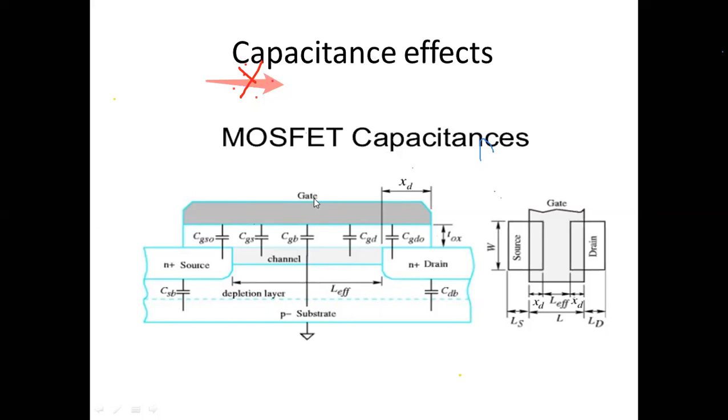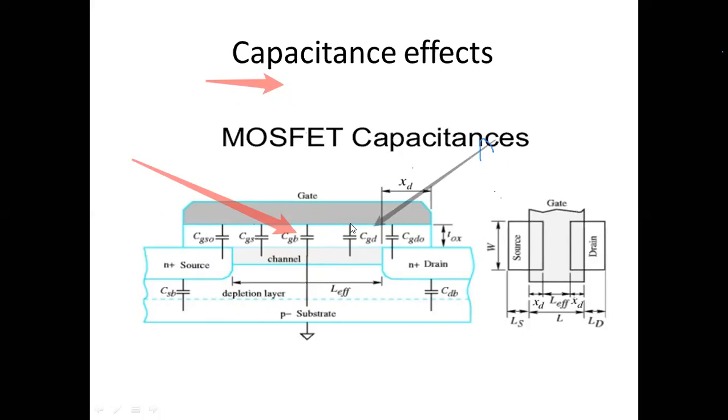So it is like a parallel plate capacitor. Gate is one plate, channel is another plate. Between the gate and channel, you will have polysilicon or silicon dioxide, which we also call the dielectric material. Please mark here, this is the dielectric material. Gate forms plate 1, channel forms plate 2. Between the gate and channel, we have the dielectric material. See here, I will show you.